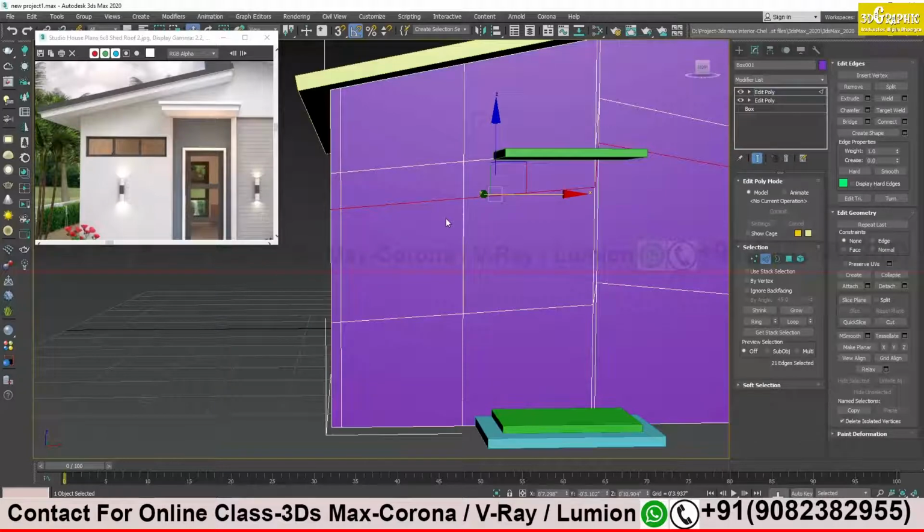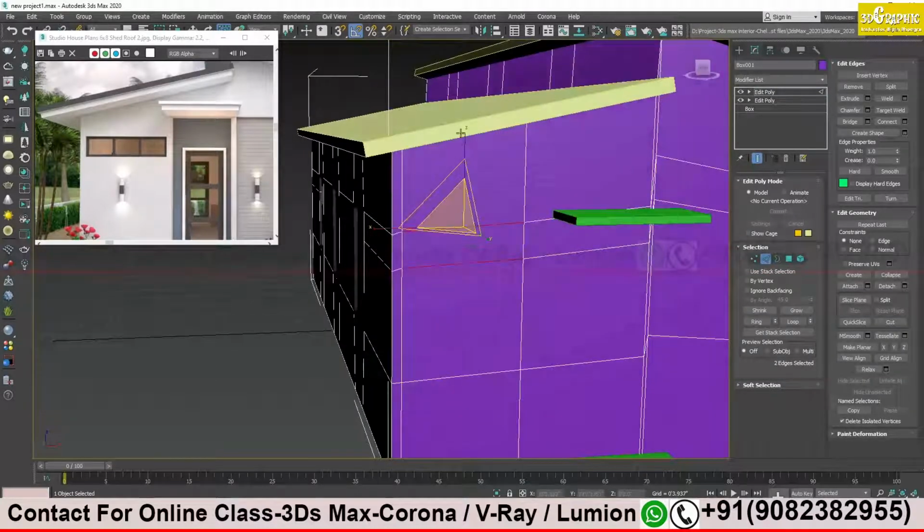Okay, fine. Now one issue is that both the lines are not straight, no? So what I will do, I will select the line. I try the scale tool. See, I'm just using the scale tool in one direction, only Z direction. Okay, and I drag it downward, only one direction. It is trying to straighten my lines.